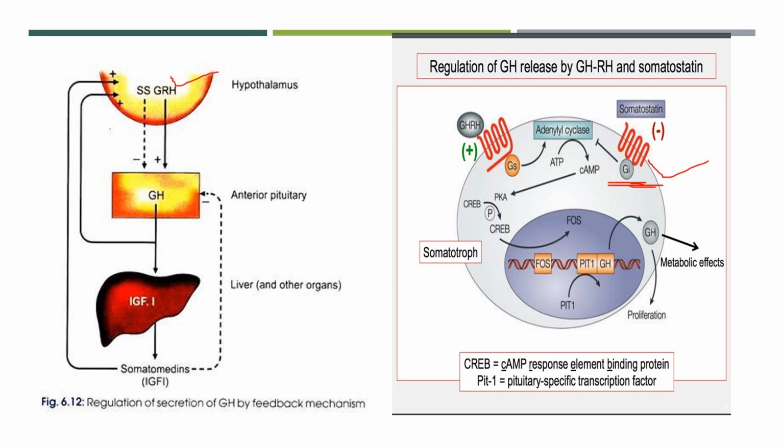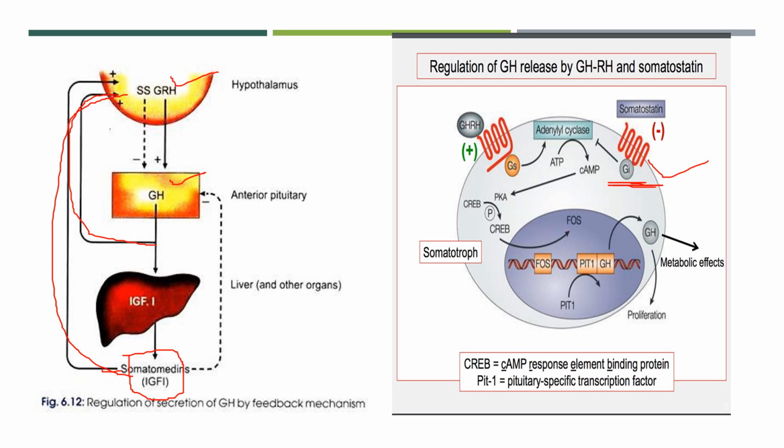We can say that from the hypothalamus, growth hormone releasing hormone is released. It is stimulating the somatotrophs of the anterior pituitary to release growth hormone. Growth hormone, when it is released into the circulation, will go to the target organ and help in the release of some other chemical factors and also do its function. Now this regulation actually happens in a negative feedback pathway. We will see that this growth hormone, when it is released, is giving a stimulation to the somatostatin. The somatomedins or insulin-like growth factor that is released from the liver under the influence of growth hormone is also stimulating the somatostatin.